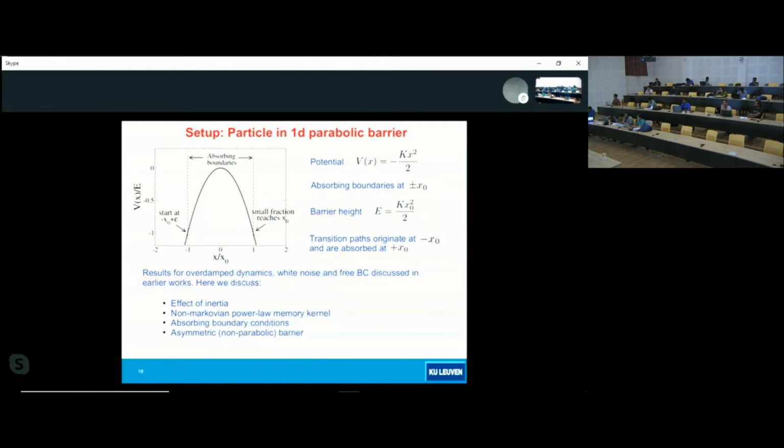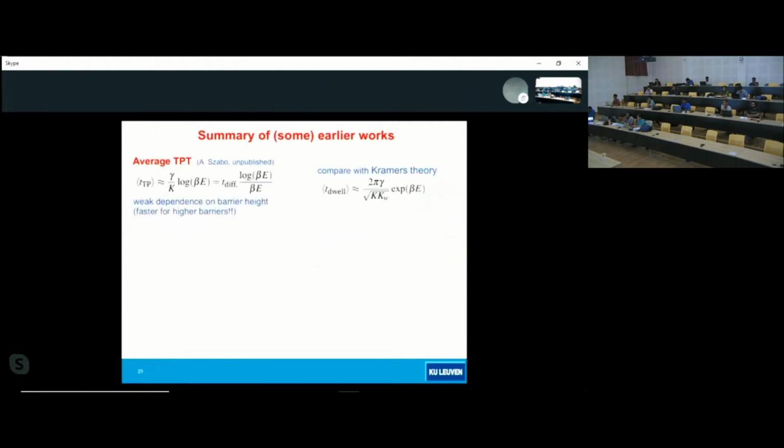So this is the survival of the fittest. When you increase the barrier very much, only the very fast particles, the particles that have a special characteristic noise, can go and reach the other side, okay? And this is how we understand this result, okay? And there is a very weak dependence on beta E that is typically not exponential, and people seem to find it back. Of course, they have not fitted the log beta E divided by beta E to their data, but